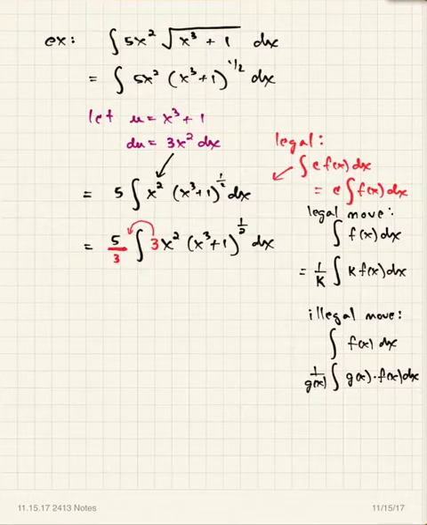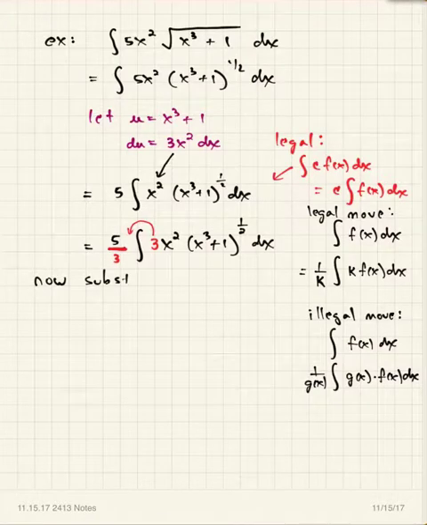And so whenever you see me use this trick here, it will always be multiplying by a constant. I'll never be multiplying by a function. Here I'm just multiplying by 3 on the inside of the integral. So I multiply by 1/3 on the outside of the integral. All right, so now